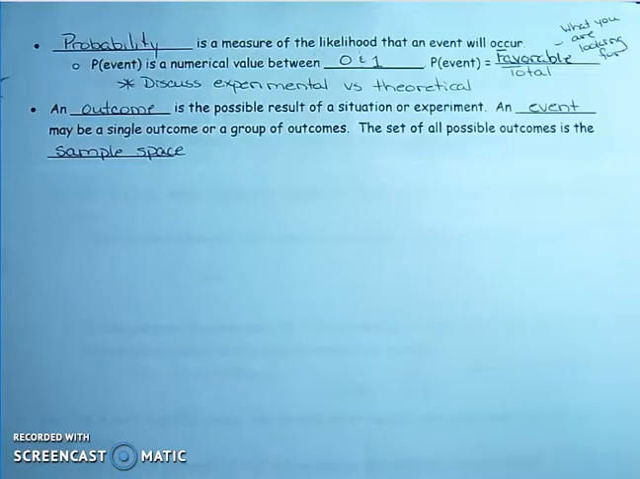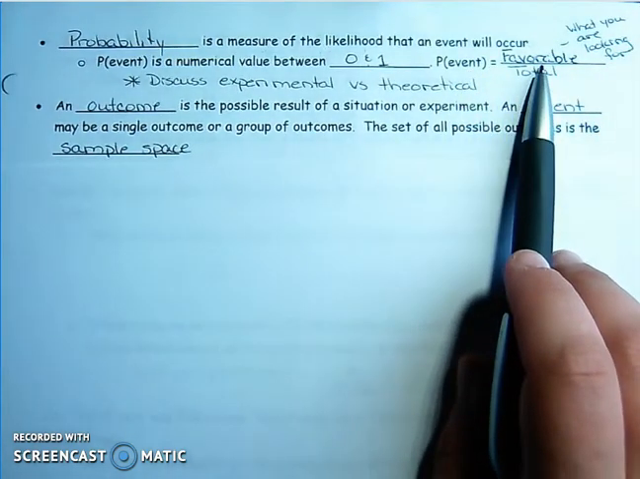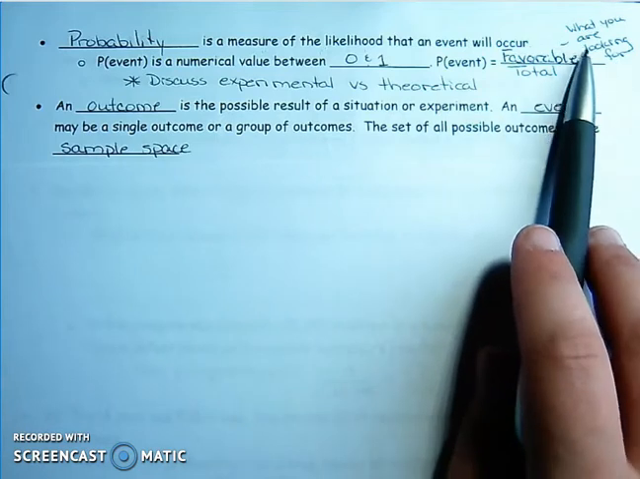Okay, so the second part of today's lesson is about probability, just the basics. First off, probability is a measure of the likelihood that an event will occur. Hopefully you have dealt with some probability before, but just in case we're going over the basics. Probability of an event happening is a numerical value between 0 and 1 or 0 and 100%. By definition, the probability of an event is the favorable over the total, meaning what we're looking for over the